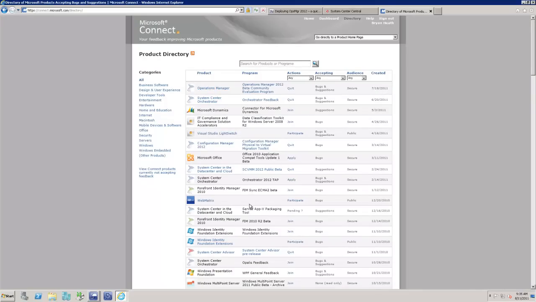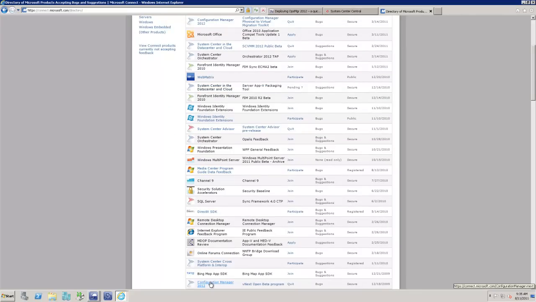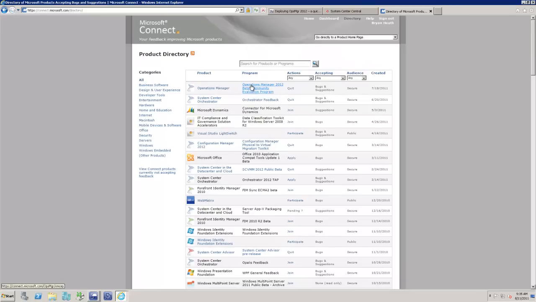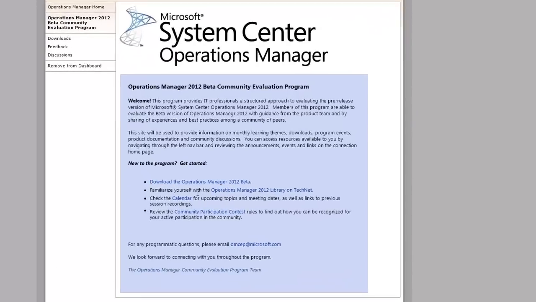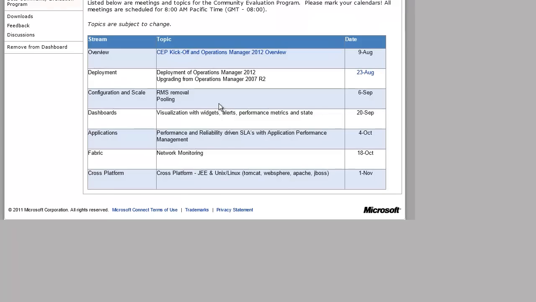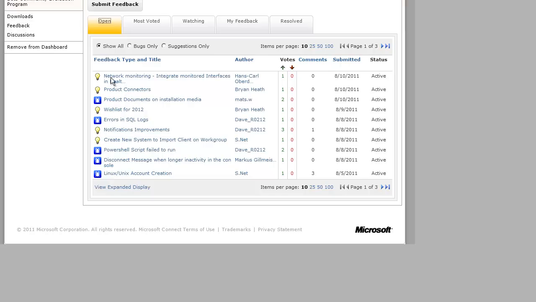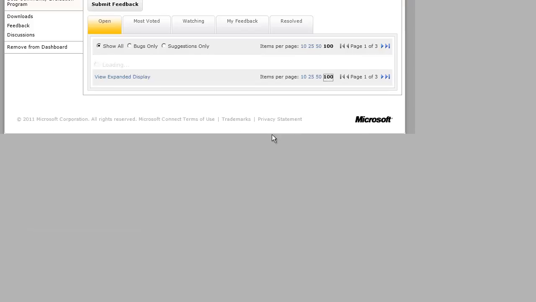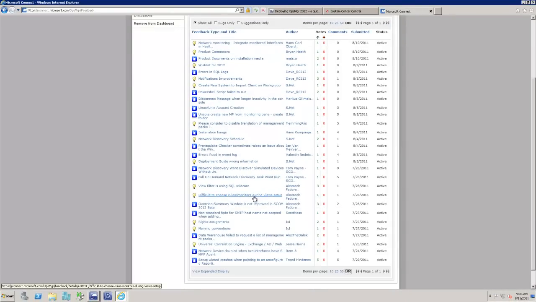I really enjoy this portal. It gets you in touch with upcoming product knowledge. I remember some SCCM 2012 documentation, and there's various feedback and whatnot. As you can see here with the System Center Operations Manager suite, there is a participation schedule that you can attend, webcasts where you get in touch with the developers and ask questions other than just in the feedback section, where you'll actually get to hear Microsoft talk about some of the topics that you might want